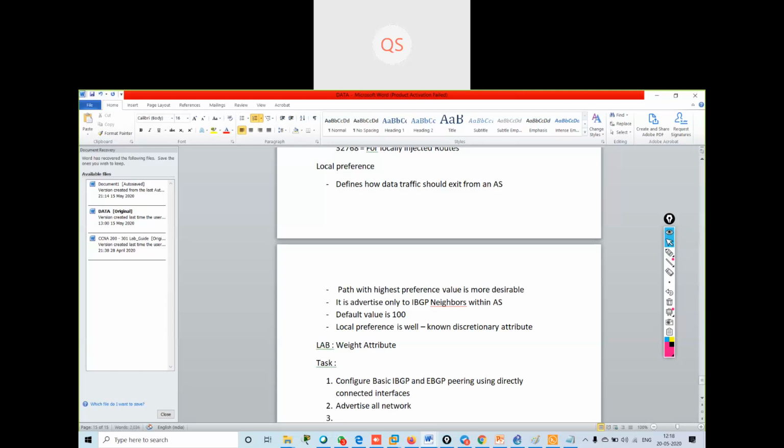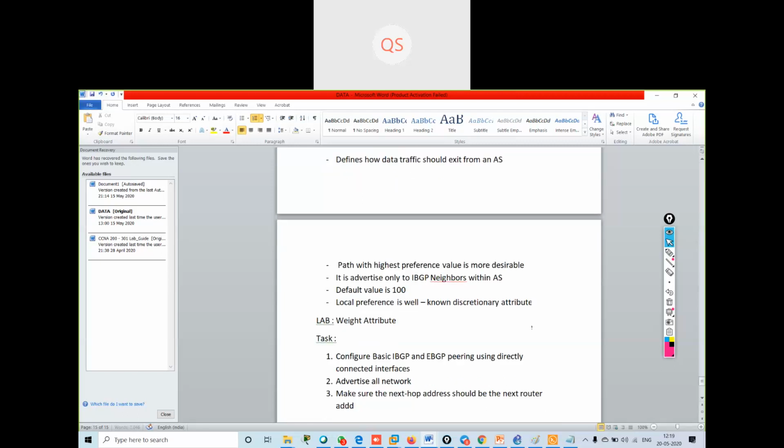Then make sure the next hop address should be the next router address. Okay, so this is my basic configuration.